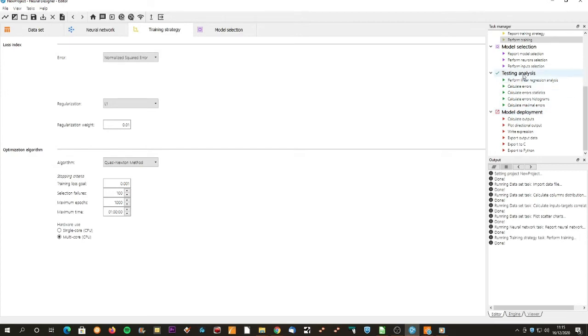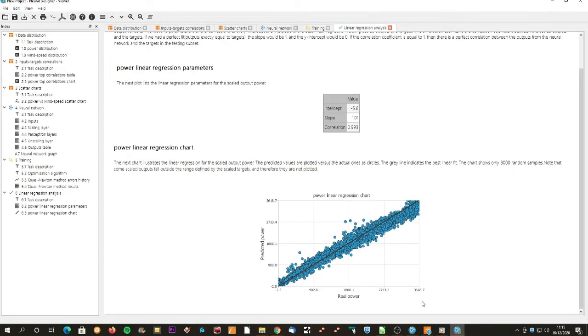We can see how good the model is by performing several testing analyses. In approximation problems, the best way to visualize the model's performance is to make a regression analysis. In this chart, we can see, in the x-axis, the real value of the target variable, and in the y-axis, the predicted values. If the model was perfect, the regression line would be a straight line with a slope value of 1 and passing through the coordinates origin. In our case, we can see how, even though the regression is not perfect, all the values fall next to the regression line and we have a good correlation coefficient.